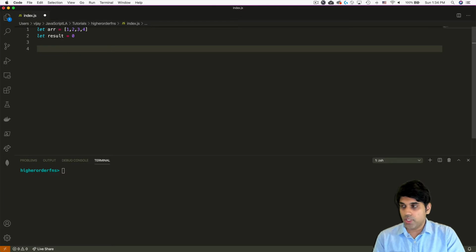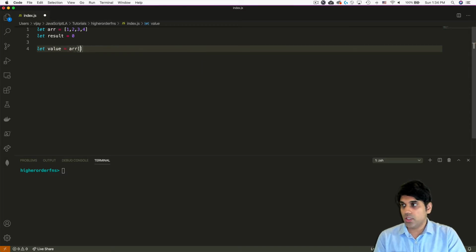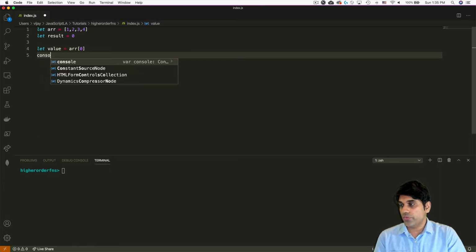If you remember basic JavaScript, you know that if I wanted to see the value of an item in my array, I would have to use index notation for the array. And we know that arrays start at 0, not 1 in computer programming. So this is actually array index of 0. So if I put 0 here and then I console log the value,